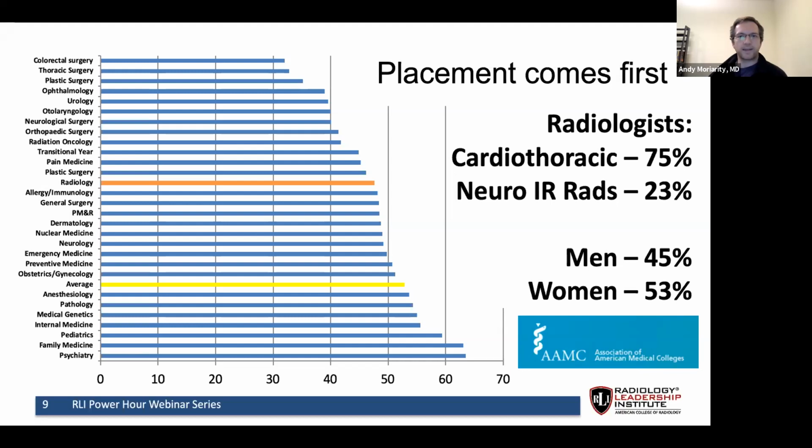The interesting thing is when we broke it down by radiologists, you can see that your subspecialty almost matters more. If you're going to train in a very subspecialized area like neurointerventional radiology, you have a low chance of ending up in practice in the place that you trained. That just might be because of the subspecialty training and needs in that area. You might have to move to where there's a job available rather than being able to take a job in your geographic area. We also noticed that men tended to move just a little bit more than women. We're not sure if that was significant in our sample size or not.